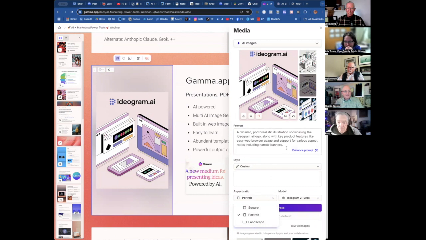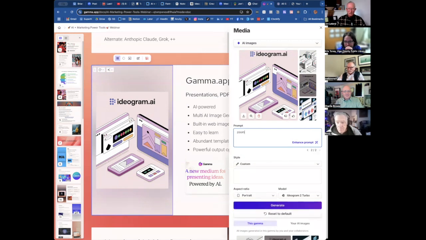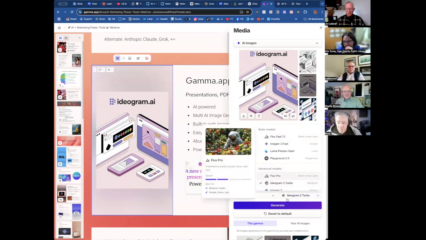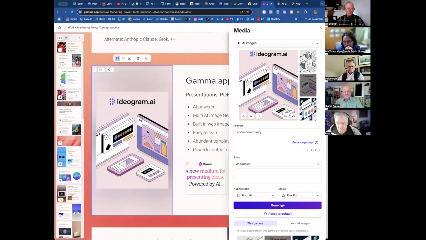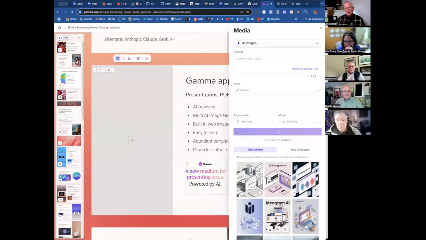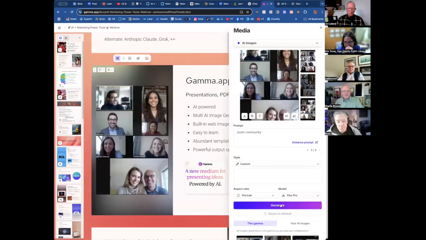For fun, let's just say we're going to do a Zoom community, and we're going to use Flux, and we're going to generate. So I don't know why I'm doing a Zoom community for a Gamma image, but boom. These are not real people, just in case you were wondering. These are just AI. And I could have said, graphic illustration